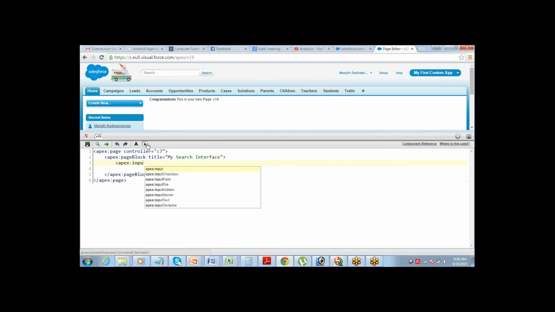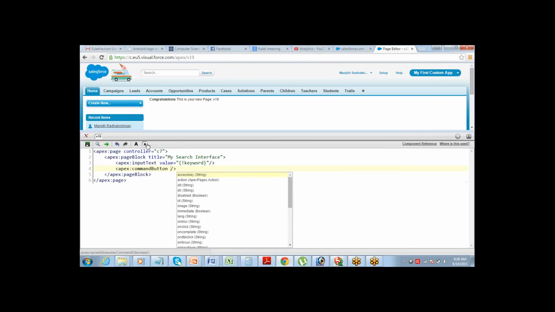Input text box, value, keyword. Command button, value, search.